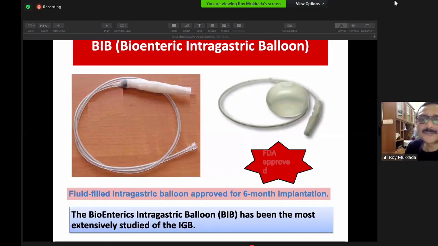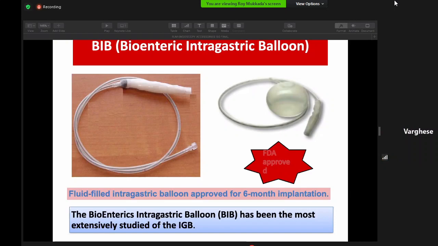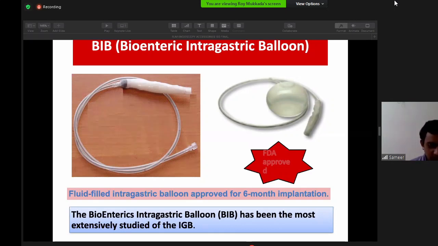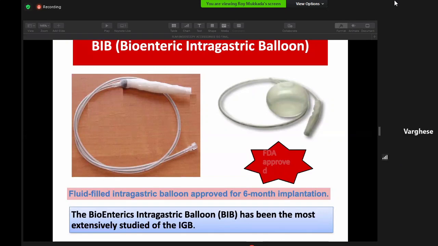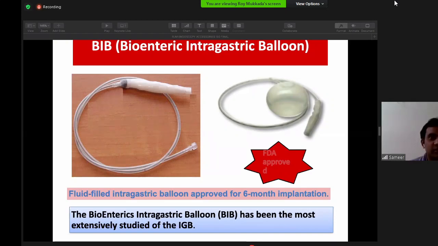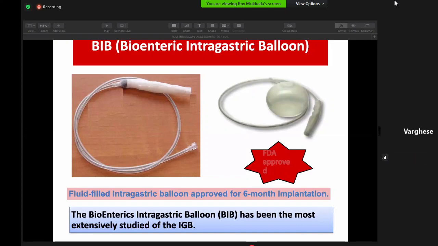Dr. Varghese, what are the types of surgery for morbid obesity? Sir, we have Roux-en-Y gastric bypass, sleeve gastrectomy, then biliopancreatic diversion with duodenal switch. Basically, it is a reduction in the volume of the stomach. It can be done by various methods, including newer endoscopic methods, and then biliopancreatic diversion. You don't allow the food to reach the duodenum and upper jejunum, so you divert it. Various forms of surgeries are there.